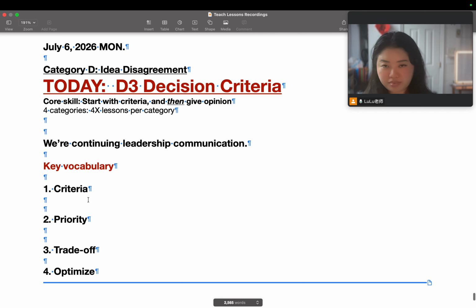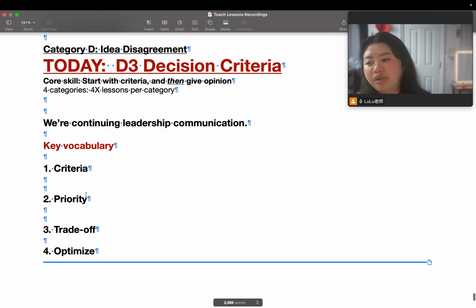So as a reminder, today we are focusing on how to make better professional decisions. Most people start with an opinion. They start by sharing their opinions, but the thing is, stronger communication starts with criteria. By the way, criteria is actually the plural of criterion, which we'll get to in a little bit.